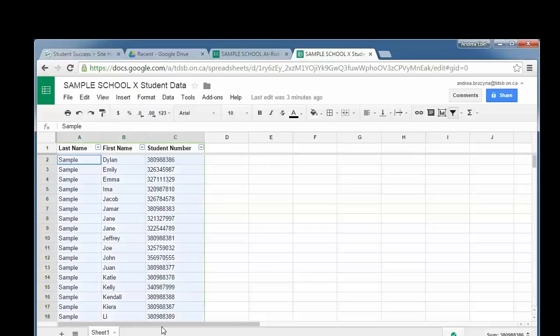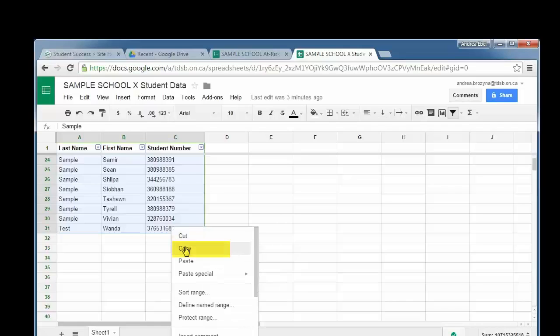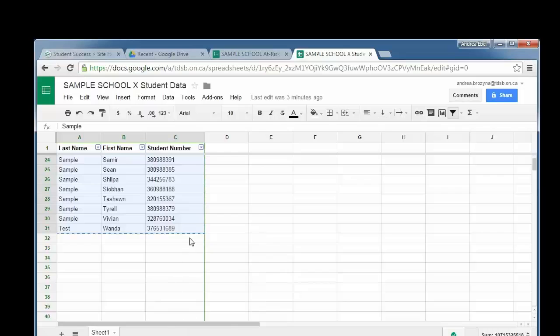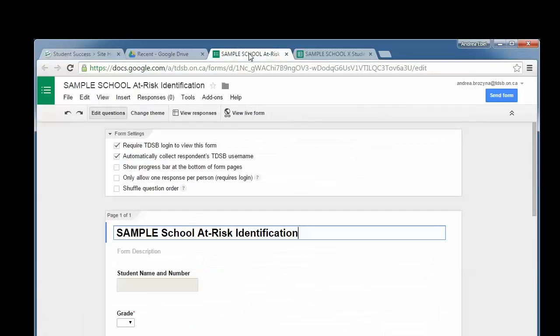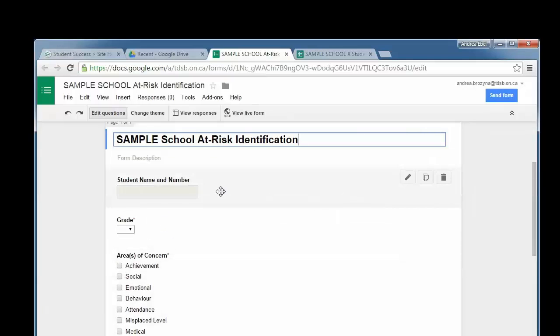So I'm going to select all of the records. I just have 30 in this sample set. What I'm showing you will work whether you have 30 records or 3,000 records. Right-click and select Copy. Now I'm going to go over to my Google form, and notice I had a text